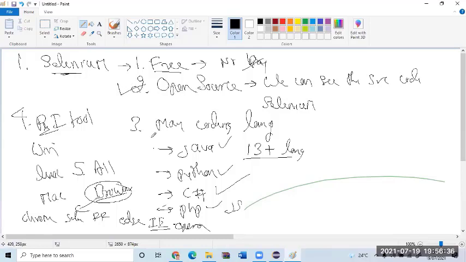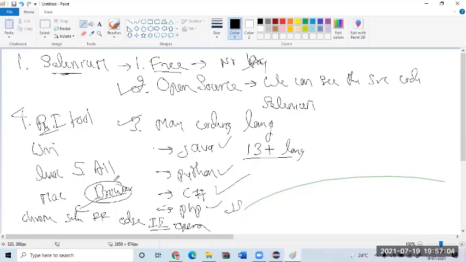Next. When I say Selenium, should I learn only one language, or if I know some other language, can I use it? Yes. Many languages. Almost all major languages are supported. And is it specific to any operating system, or can I use it in any operating system? Any operating system, in most cases. And it supports many browsers. Now, Selenium looks good.